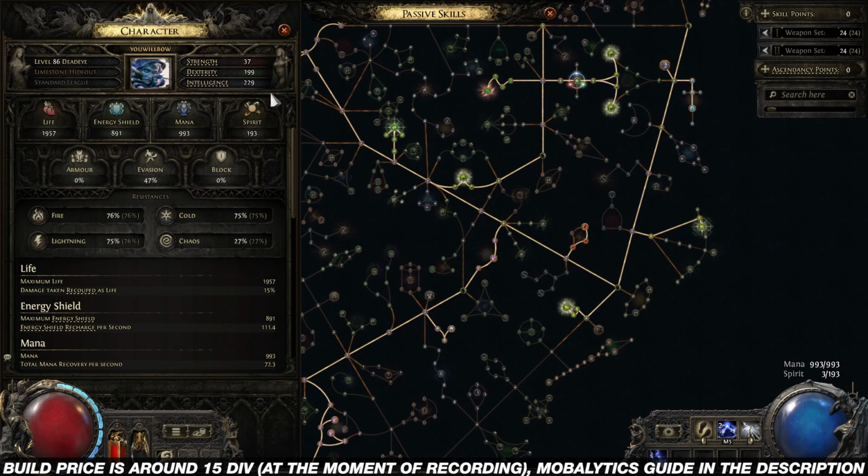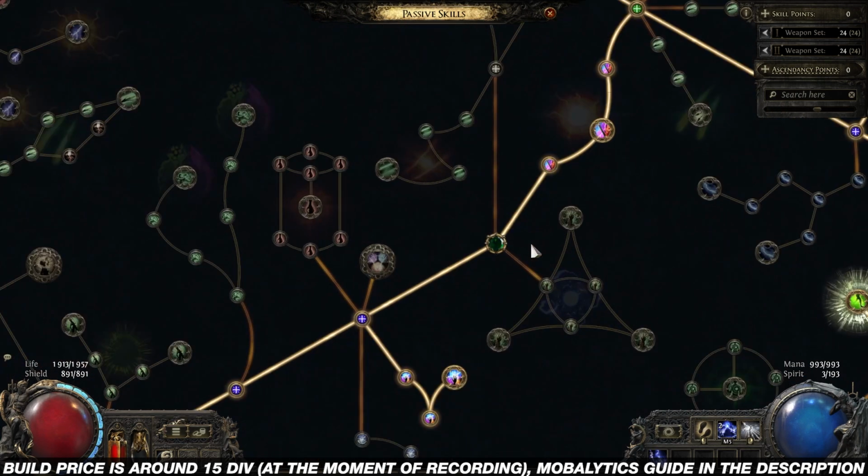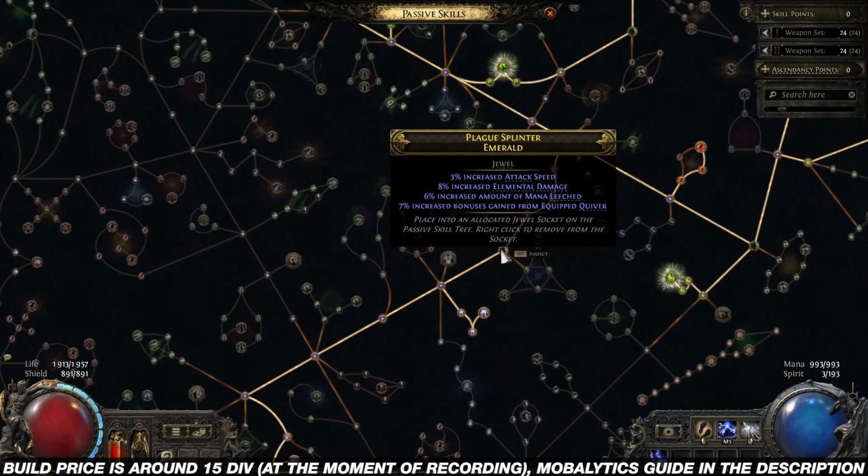So that's about attributes, so pick which one you actually need. About jewels, because we are on the passive tree right now, I will be discussing jewels. About jewel modifiers, which modifiers are the best in this build: increased attack speed, increased elemental damage, increased lightning damage,